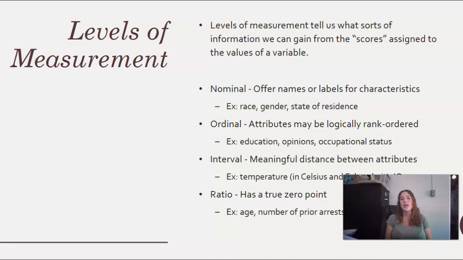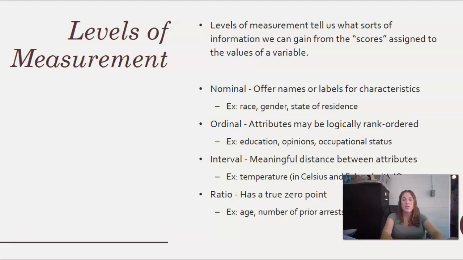But sometimes you can measure something as a ratio measure and simplify it to a nominal measure. So we always want to aim for the most expressive level of measurement, which is ratio. And the reason is because if we're comparing two people in terms of a ratio variable, we can tell whether they are different or the same, whether one is more or less than the other, how much of a difference there is, and what the ratio of one to another is.